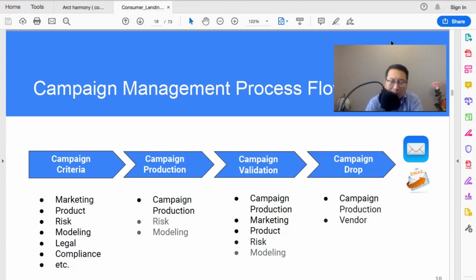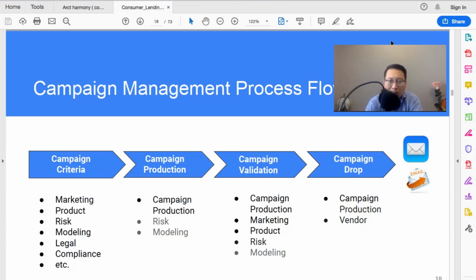Then marketing wants to do validation, probably just checking all the names, addresses, also the marketing creative, whether they are mapped to the right customer. The product team probably wants to review as well.